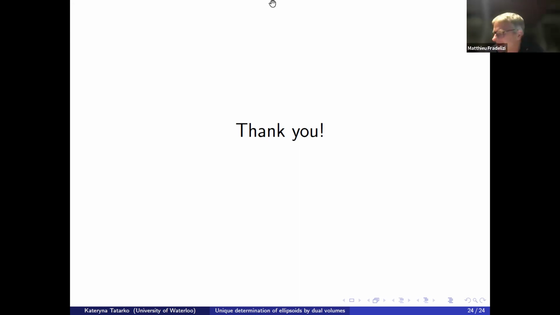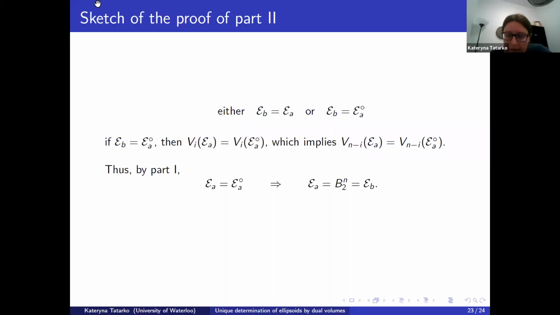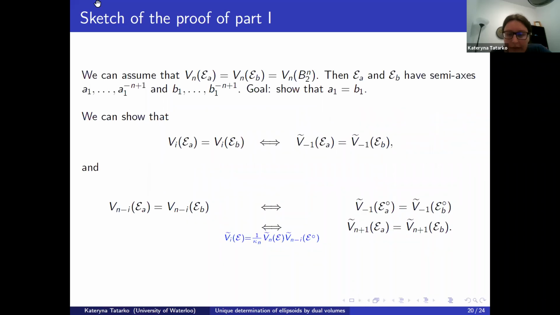Thank you for your talk, Kateryna. I just haven't understood one technical point on your page 20. Just before here, how did, in the second equivalence, there is no i? Yeah, there is no i, because